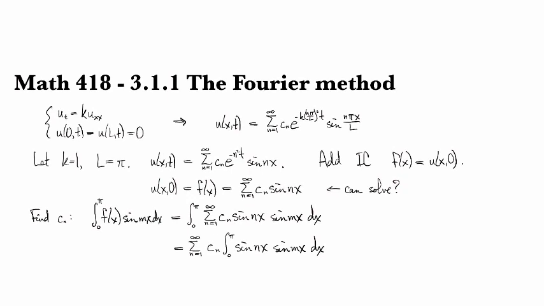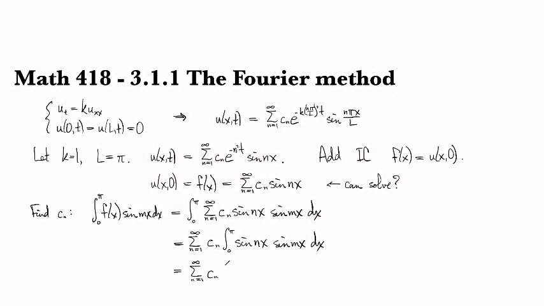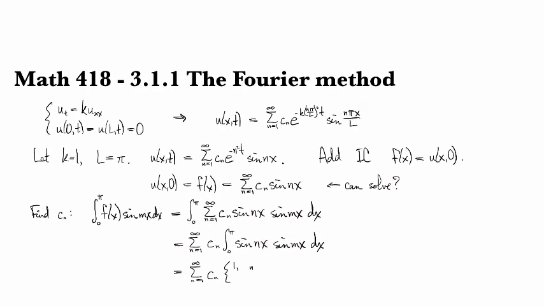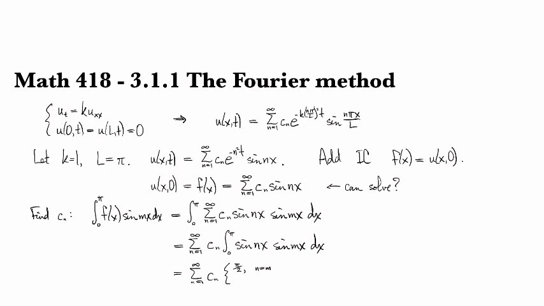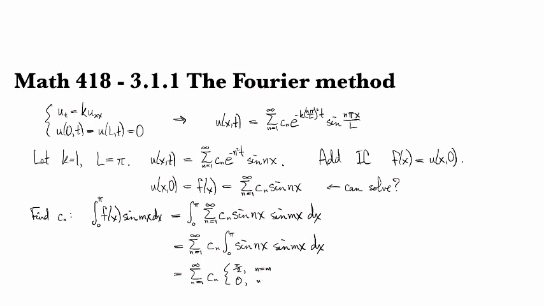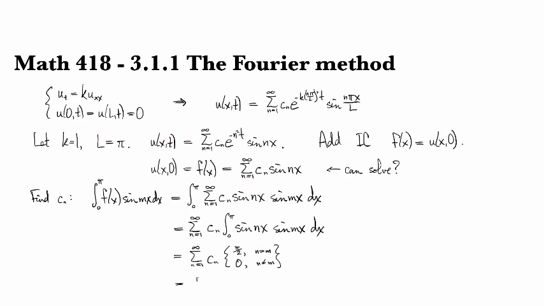Okay, so we've got this. And then it turns out that this integral is going to be, sorry, not 1, it's going to be π over 2 whenever n is equal to m, so that we're looking at the integral of sine nx squared. And it's going to be 0 if n is not equal to m. And so because of this fact, in this summation here, the only thing that survives the sum is C_m. And so that tells us then that C_m is 2 over π times the integral from 0 to π